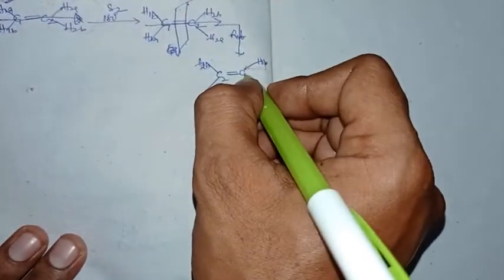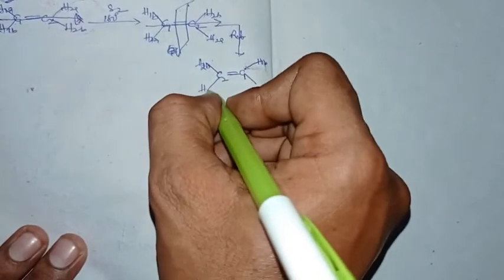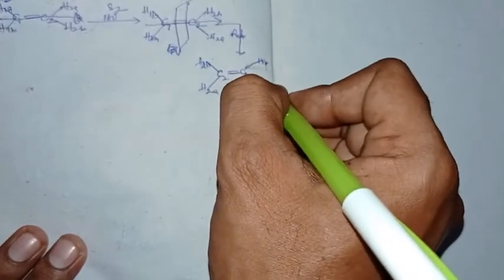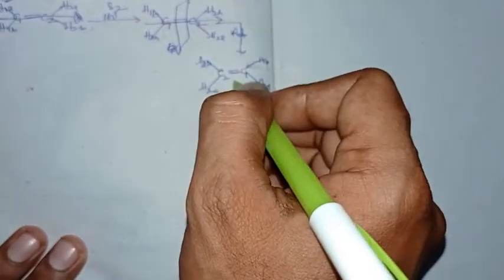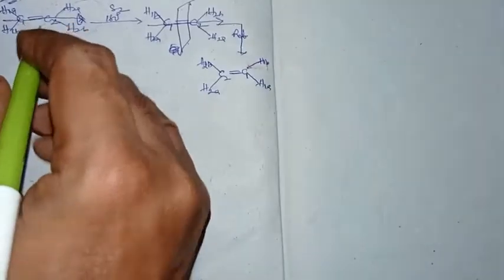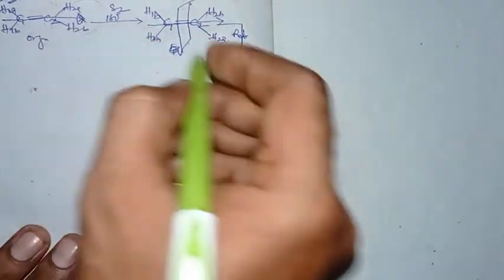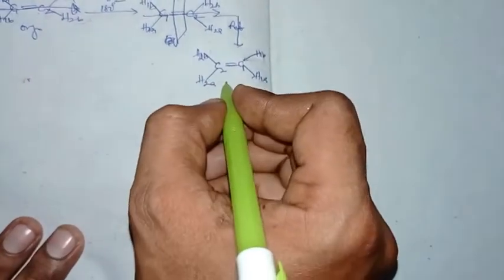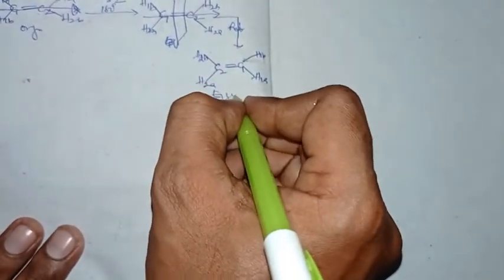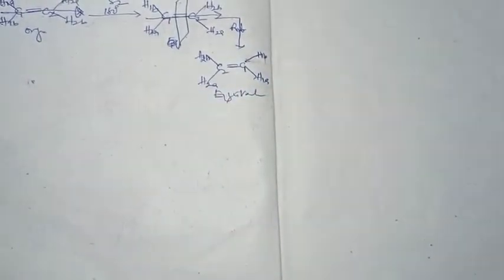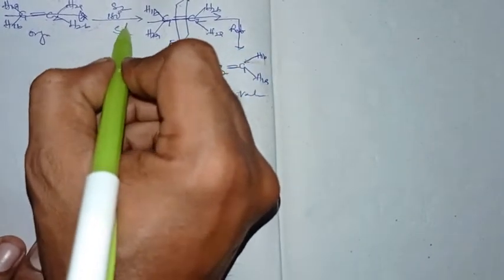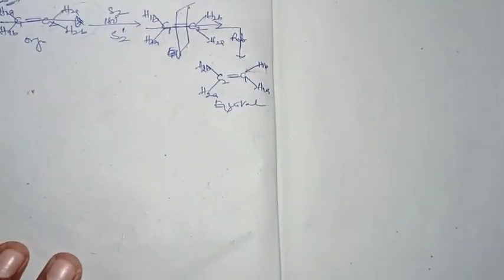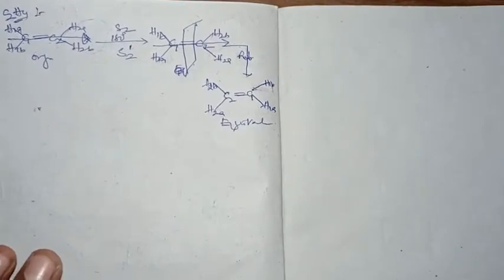Same for the A hydrogens. Here H2A will come, here H1A will come. These two get reflected. So this is the configuration generated. When we compare with the original, this is an equivalent configuration, right. So having an equivalent configuration, we can say that it is a second fold improper axis, right.